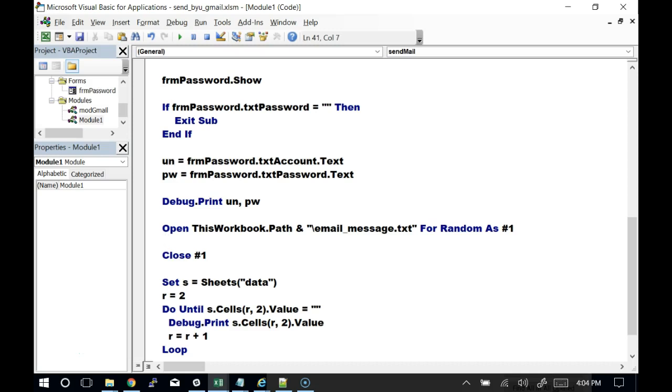And now, in between the open and the close, we want to read the data out of that file. So template equals input. You may have to look up the syntax on this. I think it's input number 1, comma, and then we tell it how many characters we want to read from that file. Fortunately, there's a function